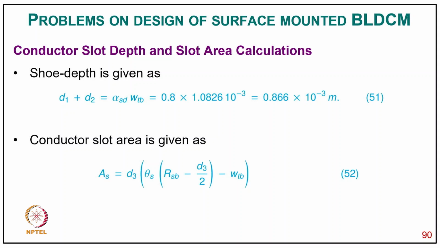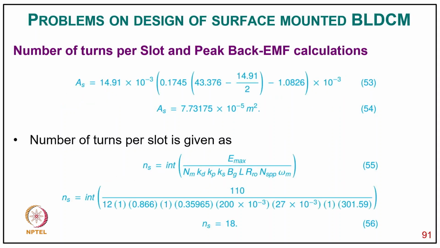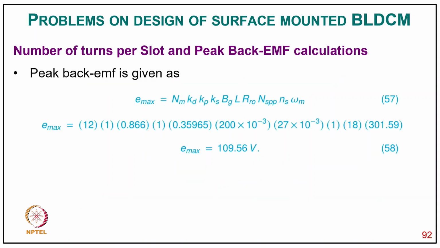and conductor slot area is given as As equal to d3 in bracket θs into RSB minus d3 by 2 minus WTB, and putting a value it comes 7.73175 × 10^-5 meter square, and number of turns per slot is Ns equal to integer of Pmax upon Nm Kd Kp Ks Bg L Ro Nsp Wm, and putting a value of this Ns comes 18 with round off, and then peak back EMF Emax equal to Nm Kd Kp Ks Bg L Ro Nsp Ns omega, so it comes like